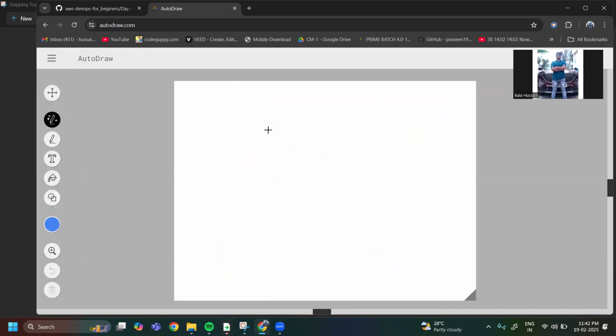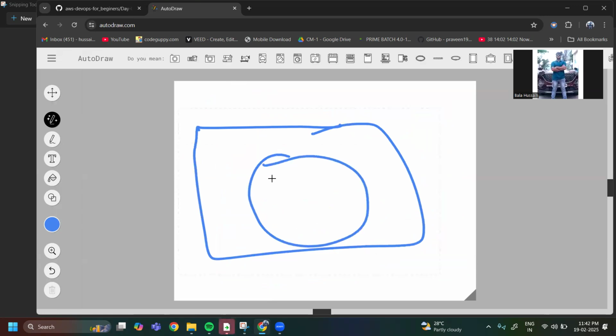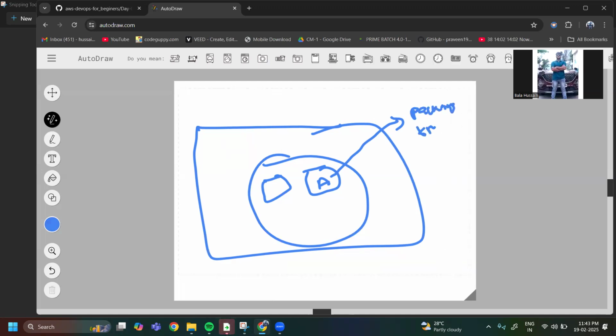In this VPC we have a private subnet, and this is the application. This application wants to reach this Google application and needs a package from google.com, but this is the private subnet.